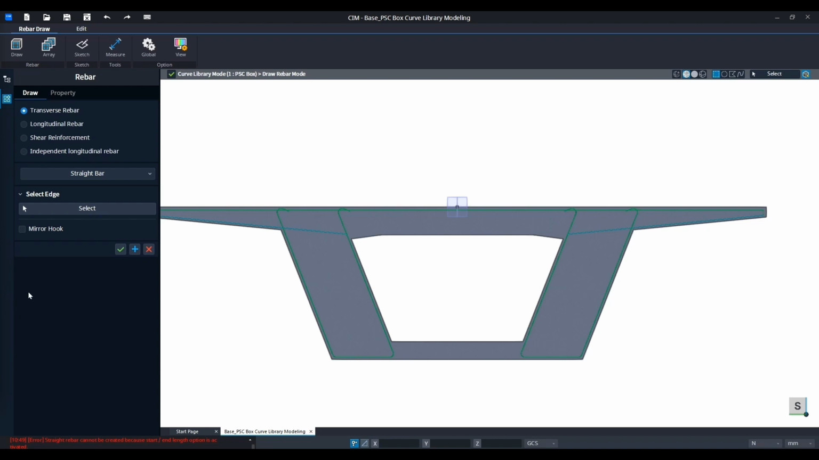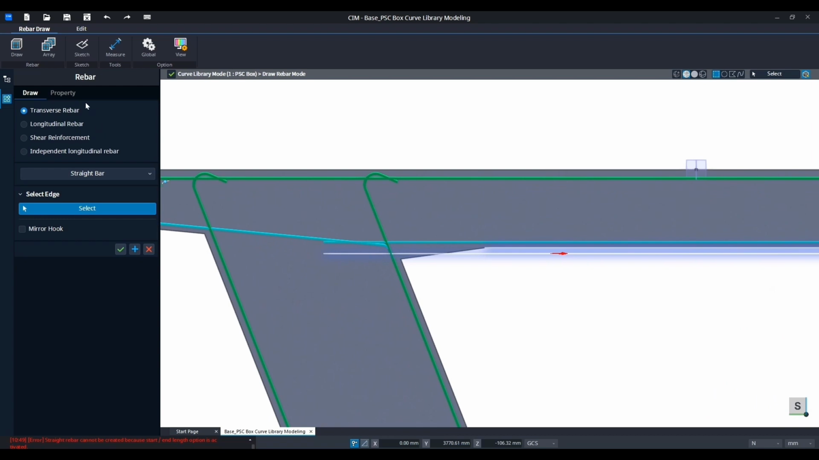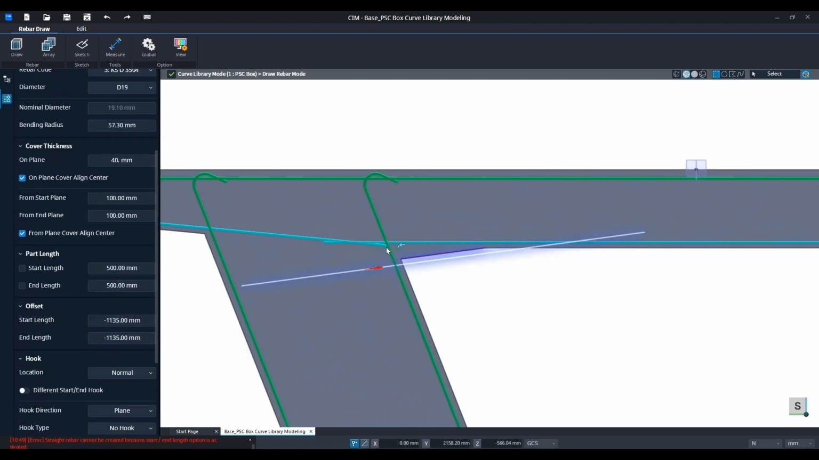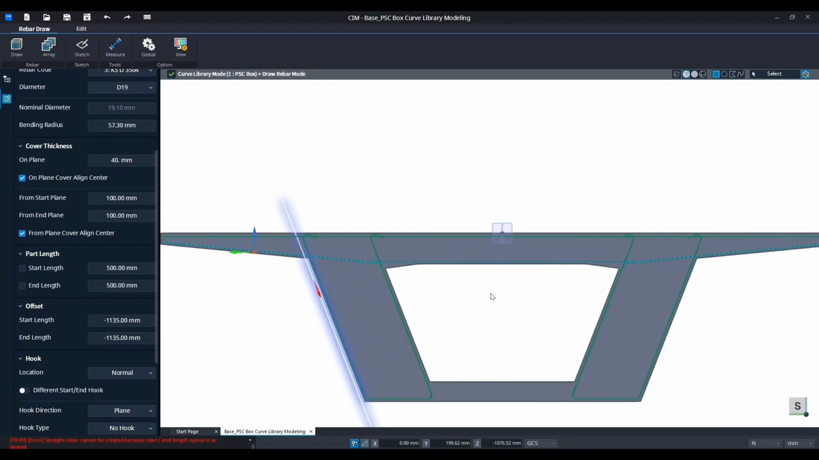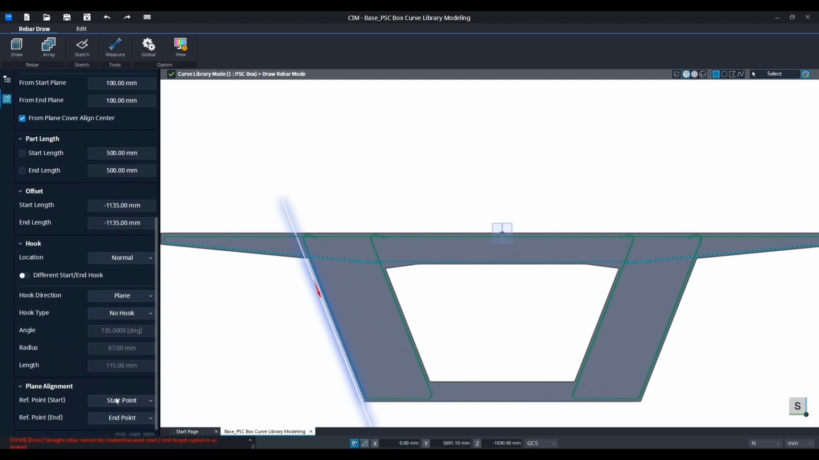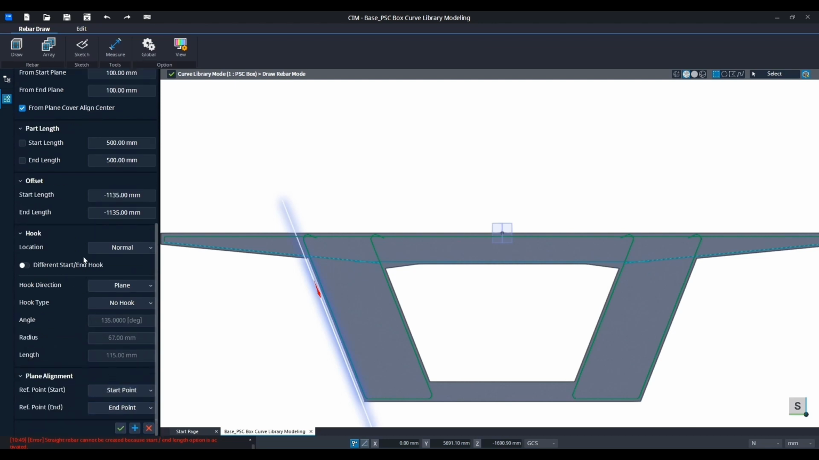Okay, so you want to click on the strike bar and just similar, click select and click this side. So as you know, if I don't click on this offset, the rebar will be increasing until the part. Okay,